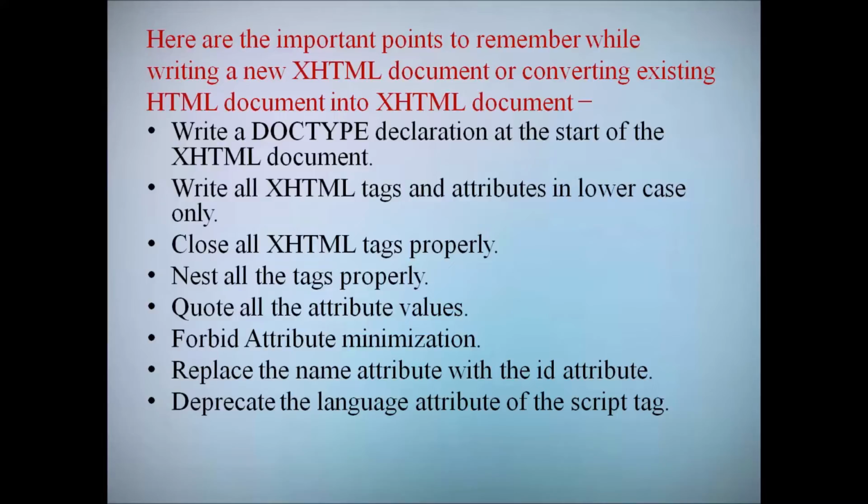Close XHTML tags properly. Nest all the tags properly. Quote all the attribute values. Forbid attribute minimization. Replace the name attribute with the ID attribute. Deprecate the language attribute of the script tag.